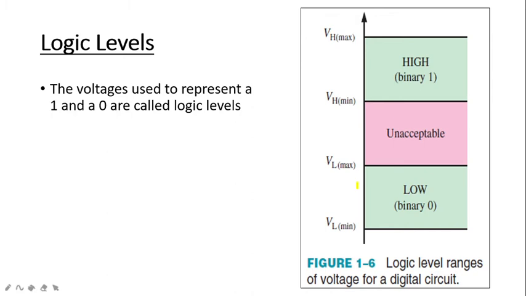See, ideally one voltage level represents a high and another voltage represents a low. Ideal condition. So when it is 0 it represents low, when it is 5 volts it represents high. We have seen this in the previous slide also. But what happens is, in practical digital circuits, a high can be any voltage between a specified minimum value and